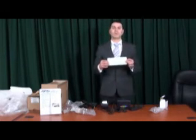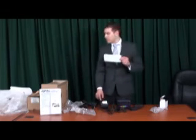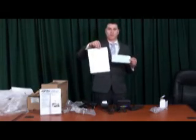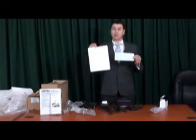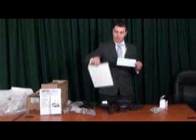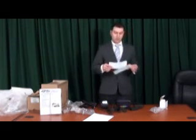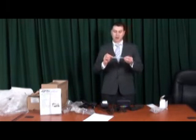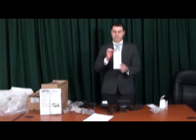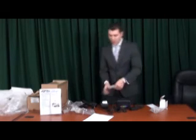When you're going to run a test check, you simply select the icon that says check and follow the steps given on this sheet here. You can either follow the steps given for a single check or follow the steps given for a check series. From there, you simply punch in what it requests you on the terminal, use this test check here, and be sure that whenever you're using any checks, the routing and the account numbers at the bottom are always faced